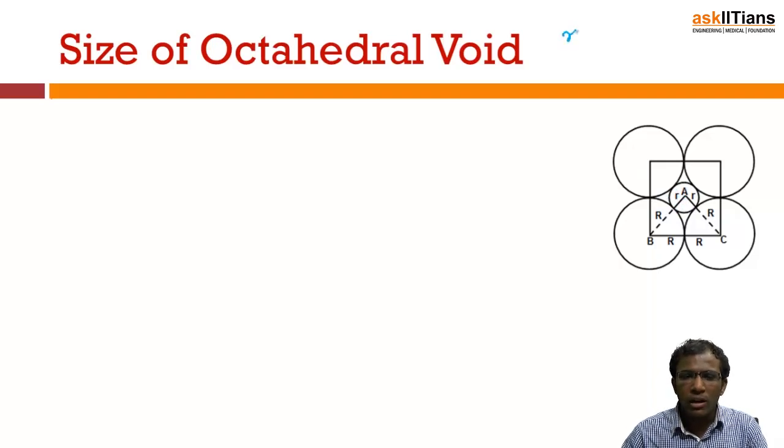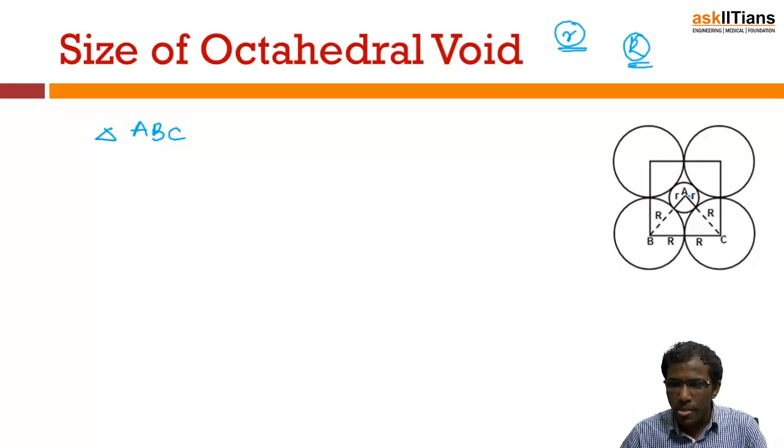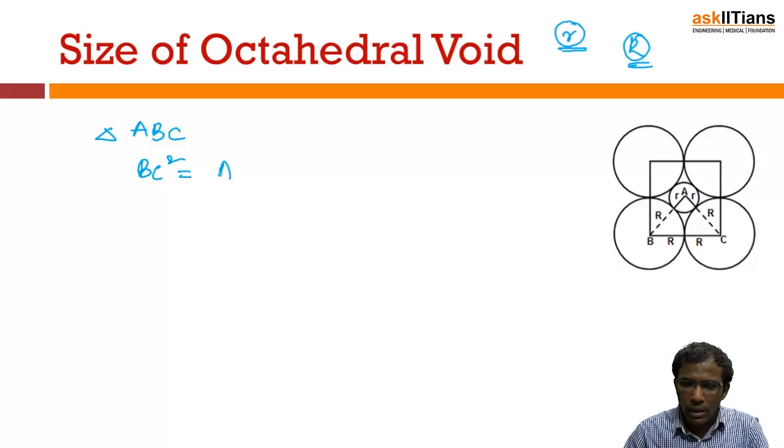So here small r represents the radius of the octahedral void, and capital R represents the radius of the particles. We have the same convention which we used in calculating the size of tetrahedral void. Okay. So here this is even simpler. It's not complicated like tetrahedral void. Triangle ABC is a right angled triangle, right? So in triangle ABC, what we have is BC square is equal to AB square